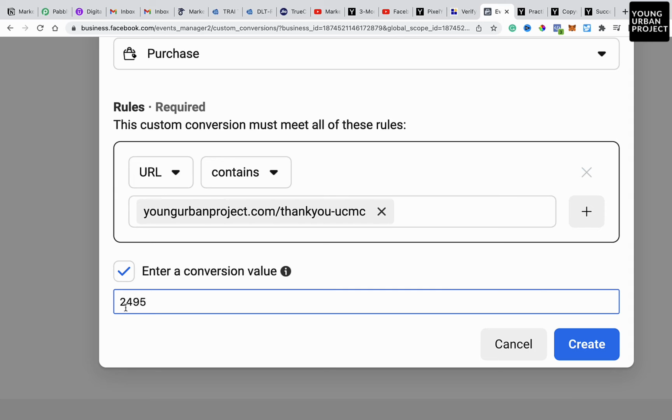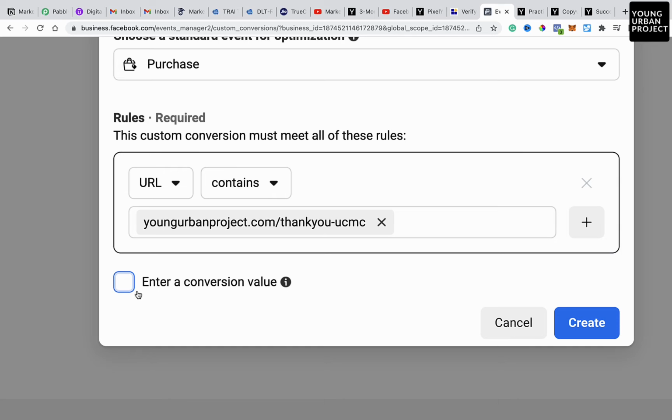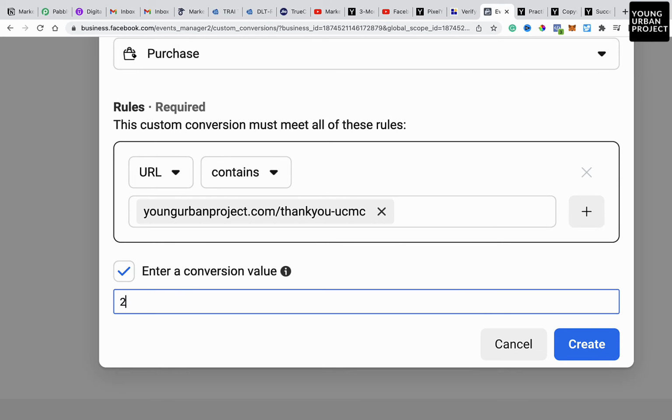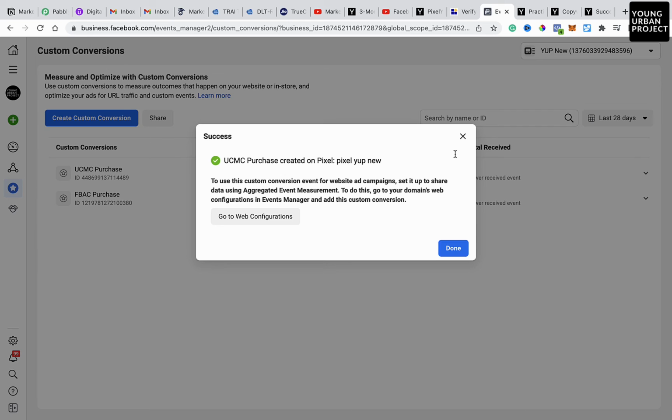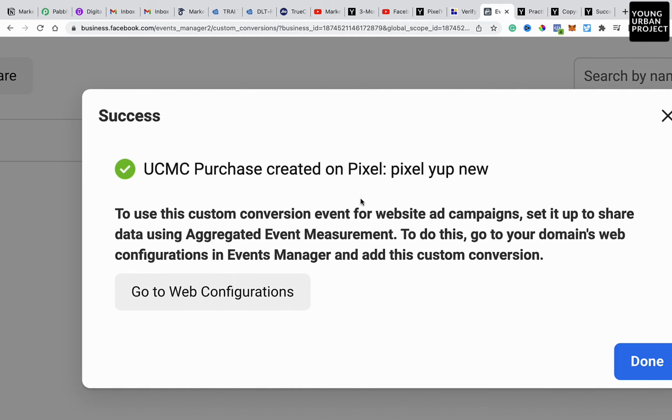You could also leave it empty if you have different pricing and you are using a single thank you page. You can also omit this pricing, or you can just put an average pricing on your website. In our case, we can remove it, but I'm just going to put it, right? So let's do 2495. It will automatically add the currency in front, and just do next, and it says success, your event has been